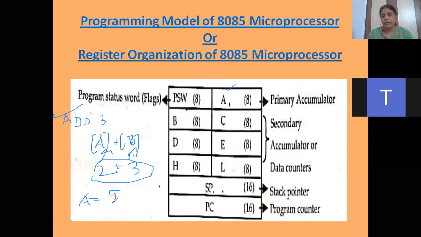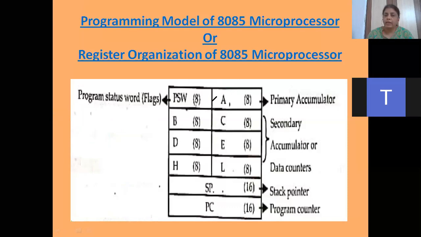See, I am taking very simple 2 and 3 or 5. Otherwise, how is data? It is 2 digits. Our number is 8-bit, it is an 8-bit processor, so our data in hexadecimal will be 02 and 03, and when you add these numbers you will get 05. Okay, so that is your addition, how to perform it, and what is the function of the accumulator.